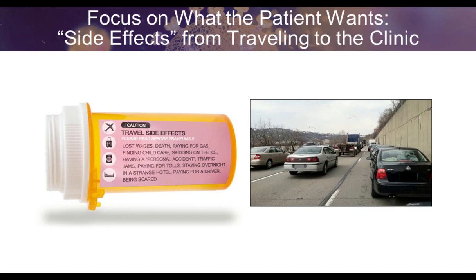And this is a bit of a joke slide, but at the same time, this is really what patients are thinking about. So the focus is, if we're looking at what's most convenient for the patient, what's most patient-centric, and we consider the drive or travel to the clinic, there are side effects that come with this, and this is, again, something that we don't necessarily consider, but patients need to take time off from work so they lose wages. There have been accidents, unfortunately, on the way to or from the visit, whether it's in the car or other